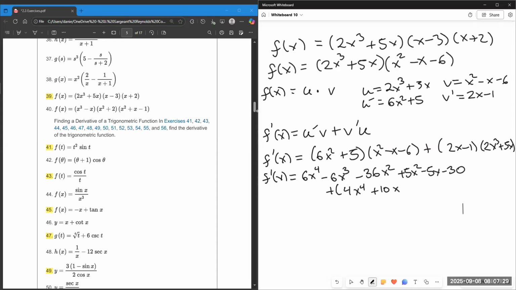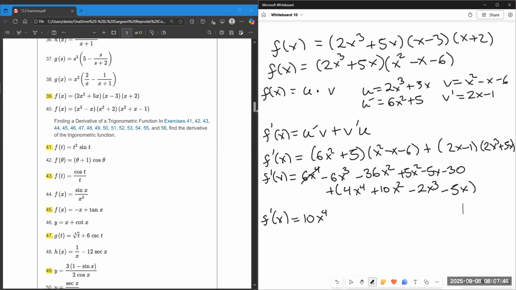X times x is x squared minus 2x to the 3rd minus 5x. So f prime of x is going to be 6x to the 4th plus 4x to the 4th is 10x